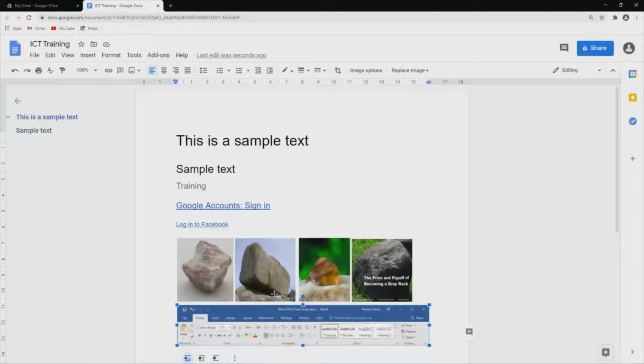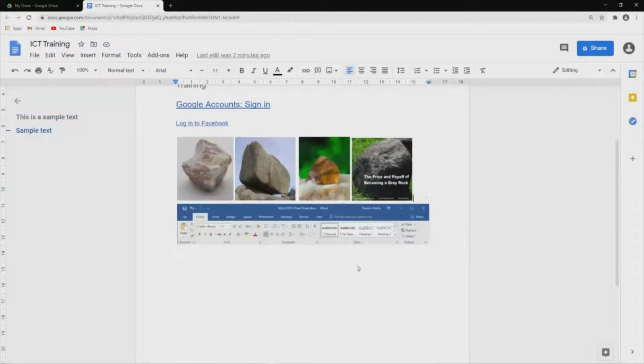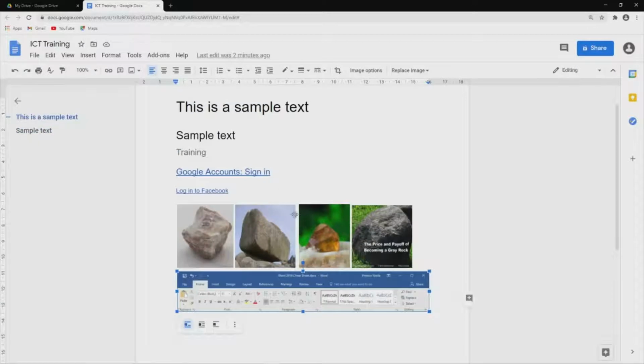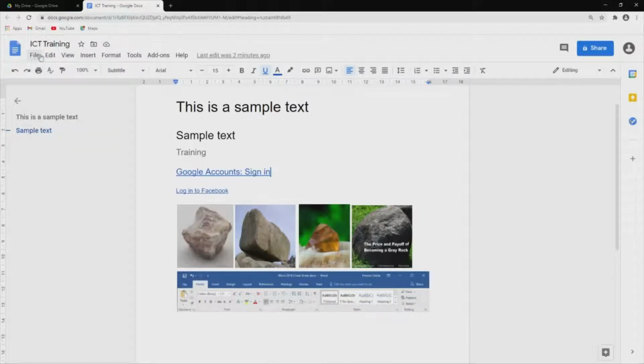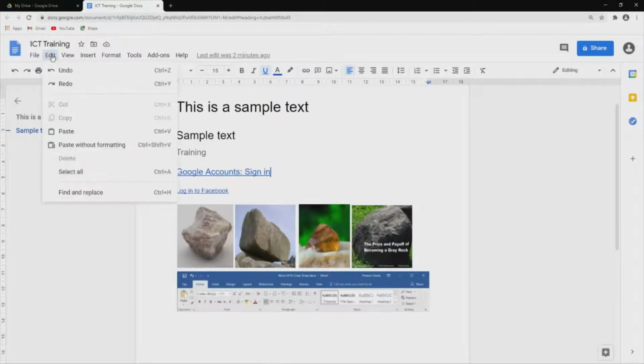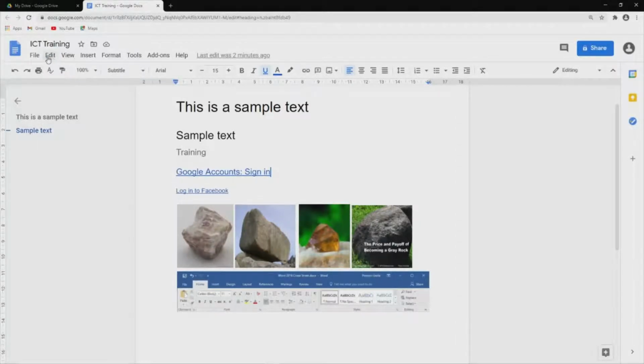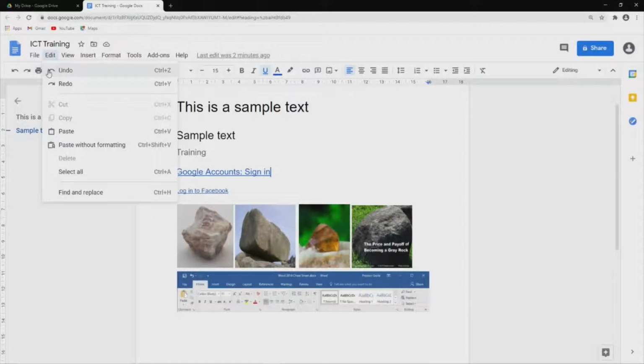Alright, so now let's explore each tab here in Google Docs. So first is the Edit tab. Let's leave this File tab for later because it has something to do with step 3. So we are going to discuss this File tab later in step 3. So first is this Edit tab. So let's click. As you can see, the other options are already here, like the undo and redo icon,